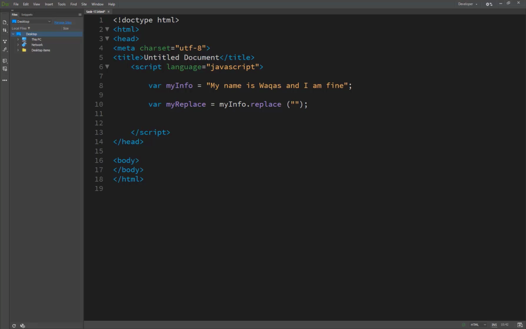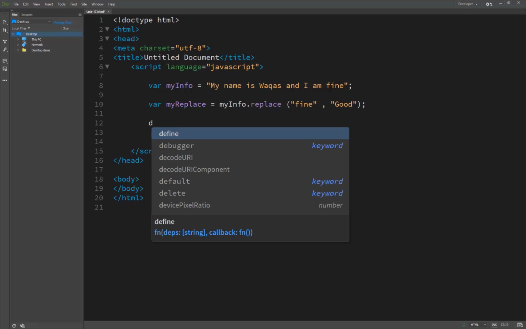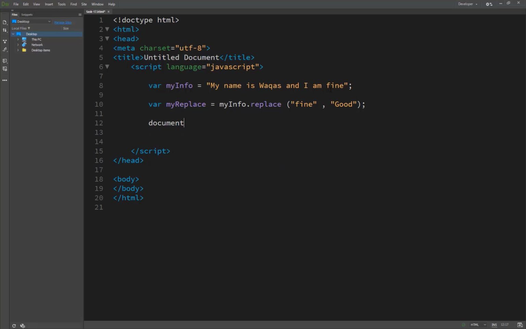First we find inside this text the word "fine" and replace it with "good". So we write here good, and now we take the results to document.write and then myReplace.